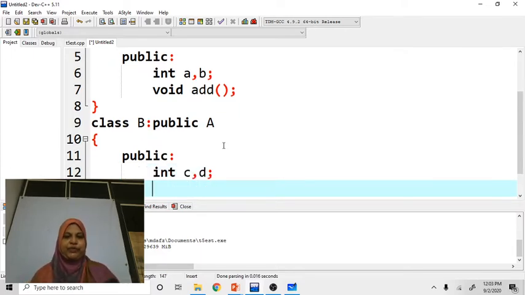Here I am declaring two variables and one function, void sub.